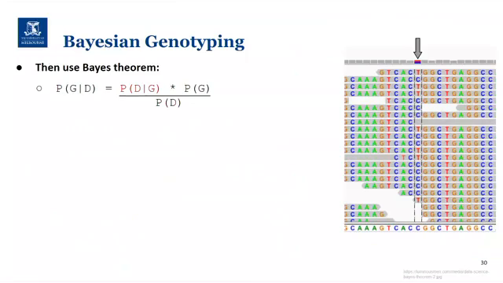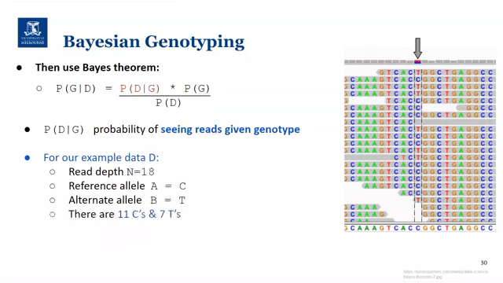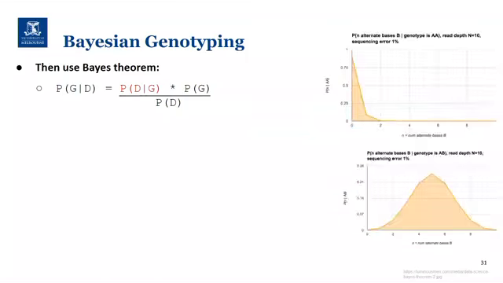What about the other bit, which is calculating the probability of seeing reads for a given genotype? And what you would expect, in our example, is that we have a read depth of 18. We've seen 11 Cs and 7 Ts, and we want to ask the question, what's the probability of seeing this data for each of the 3 possible genotypes? And what we could do is,